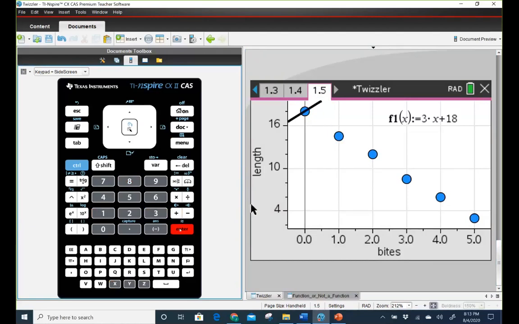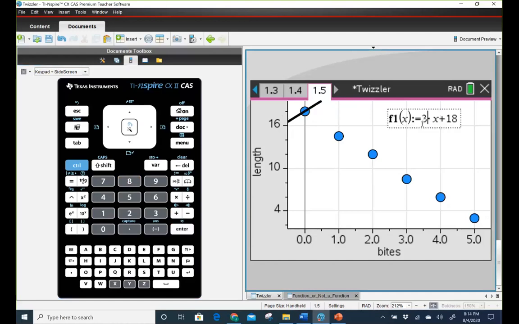And oh, look, my line is not even close to what it should be. And I do this on purpose to show students, hey, what needs to be adjusted in order to make this fit our data? It appears that my slope is going in the opposite direction of what I need. This one's a positive slope, this one's a negative slope. So let's just click on here and put in a negative and see if that is what fixes it,